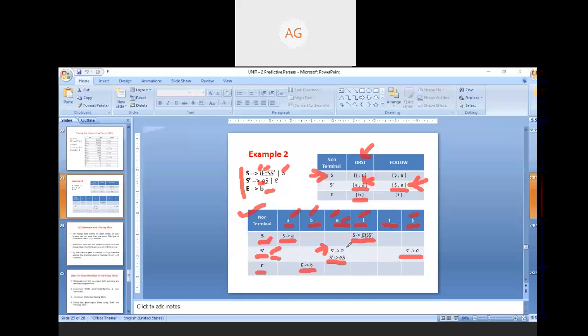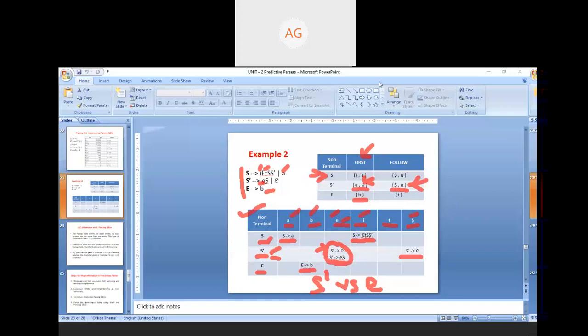But here you can see in this parsing table, corresponding to S dash, the S dash versus E entry is filled with two productions. Two productions are in the same cell. This type of entry is not allowed in the case of LL1 grammar. That's why this type of grammar is not considered to be LL1 grammar.